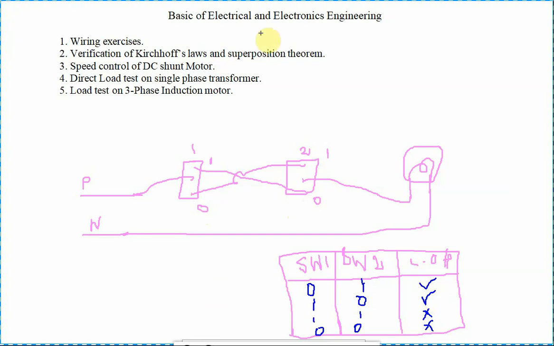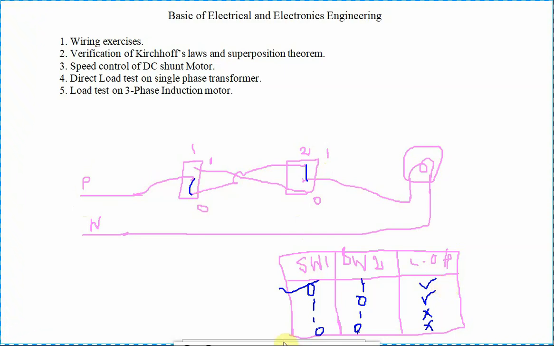I think you may not be getting some point. I will draw the diagrams, then you will understand. I will take an example. First position 0, 1: switch 1 is connected to 0, and switch 2 is connected to 1. Now, does current flow to the lamp or not? This is the question. Phase line to 0, 0 to that position, 1 position to the lamp. Current flows. That's why the lamp is glowing.